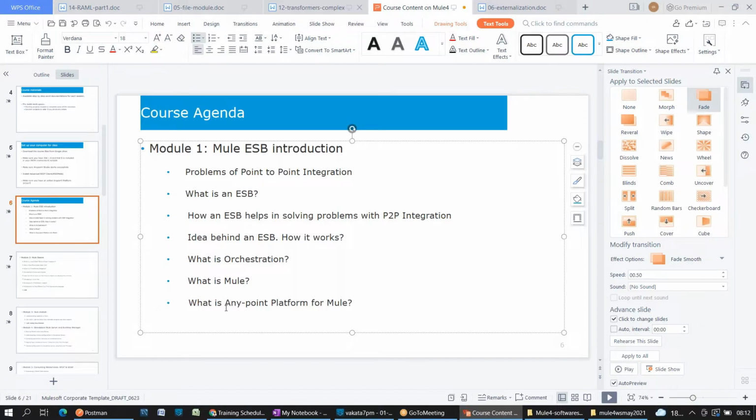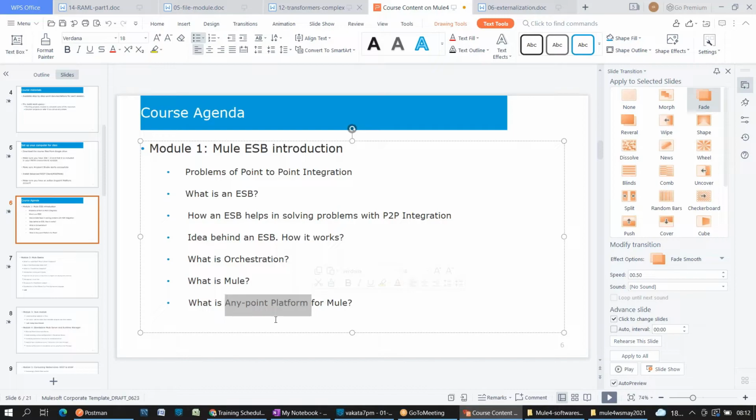Whenever your organization purchases an account with MuleSoft, they will give one Anypoint Platform account, which is cloud-based. On that account, many applications are part of it. So in the second session, I will talk about this architecture of Anypoint Platform. I will give a one-liner of each and every application, what it is meant for.